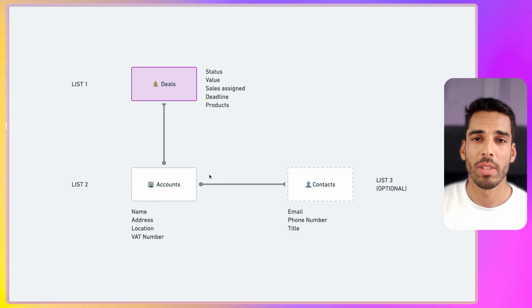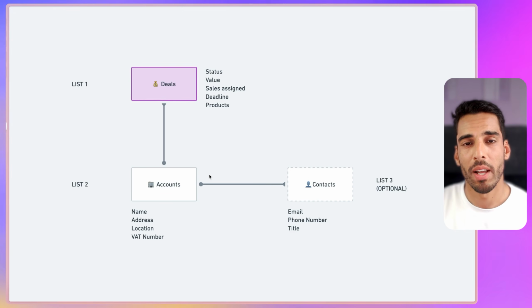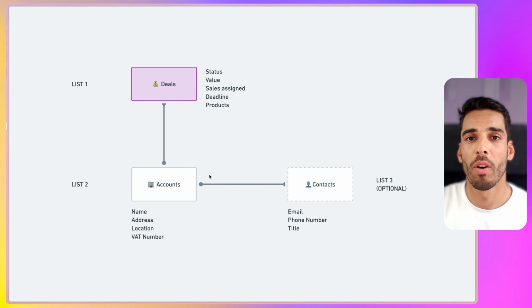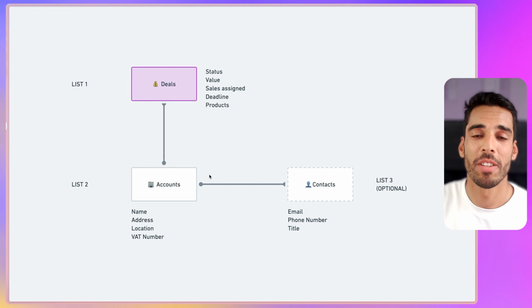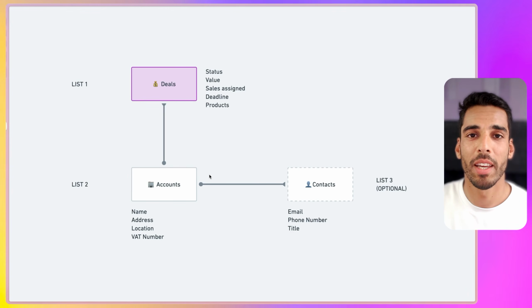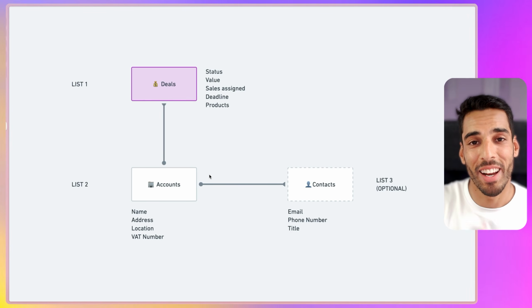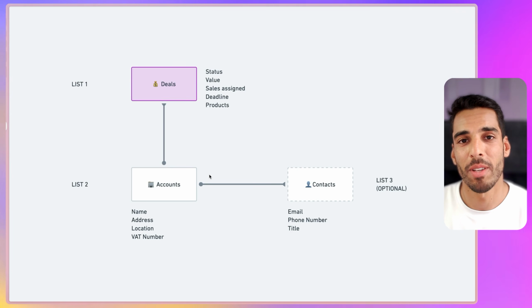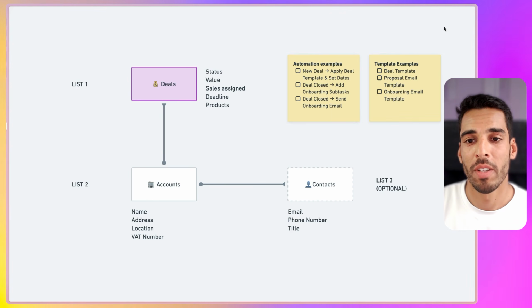Now, if you download one of those ClickUp templates I've talked about, very often they're going to have different lists for leads. They're going to have more lists than you need, and you're going to have to navigate between those different lists, and you'll probably lose yourself. Because in most cases, if you create a CRM or if you use one that you bought on the shelf like Salesforce or HubSpot, you probably will not use it to its full potential. I have seen situations of companies buying HubSpot and using it to 5% of its potential, where they could set all of that up in ClickUp and track their sales, but also their projects in the same software, and that will make your company workflow so much easier. Now I'm going to show you some of these automation examples.